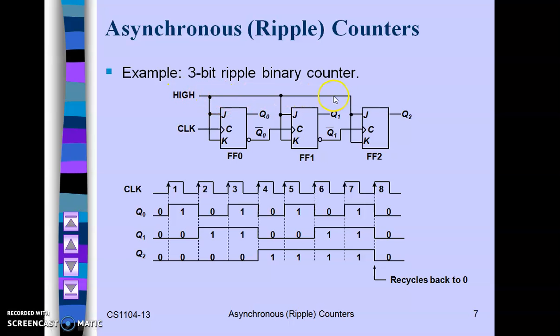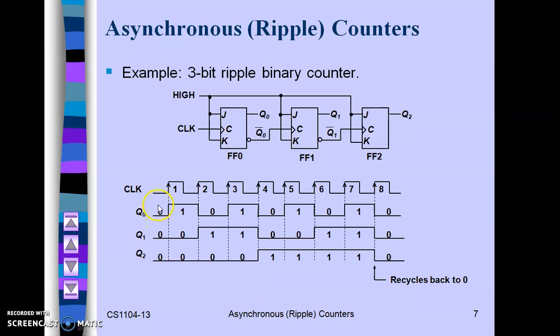The inputs are given to all the flip-flops. The clock is given only to the first flip-flop, and each subsequent flip-flop takes the previous output as its clock. Here a positive edge triggered clock is given, so that's why the Q bar output is connected as the clock of the next flip-flop. FF0, FF1 and FF2 are the 3 flip-flops giving the outputs Q0, Q1, Q2. Here Q0 is the LSB and Q2 is the MSB.